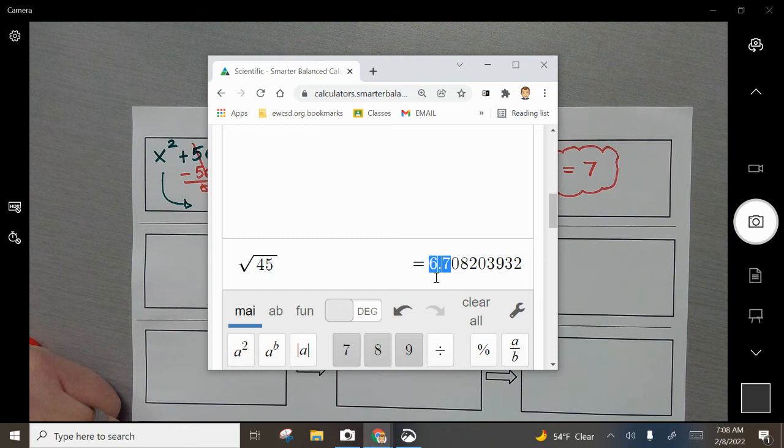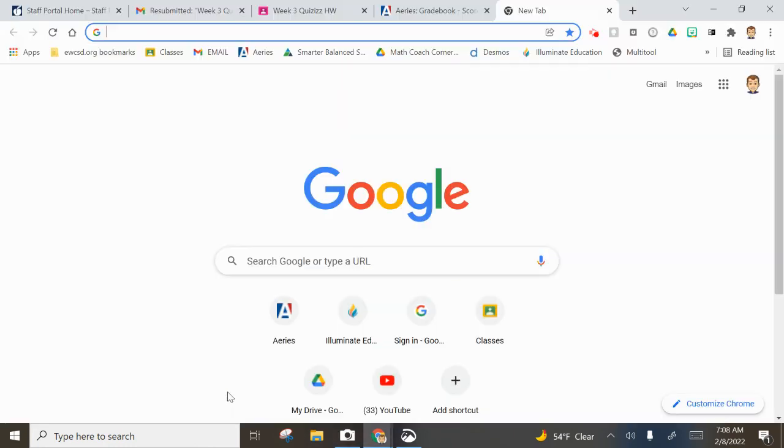This spot right here, you need to know this for the exit ticket. This spot right here is the 10th. That's called the 10th. The spot over here is called,